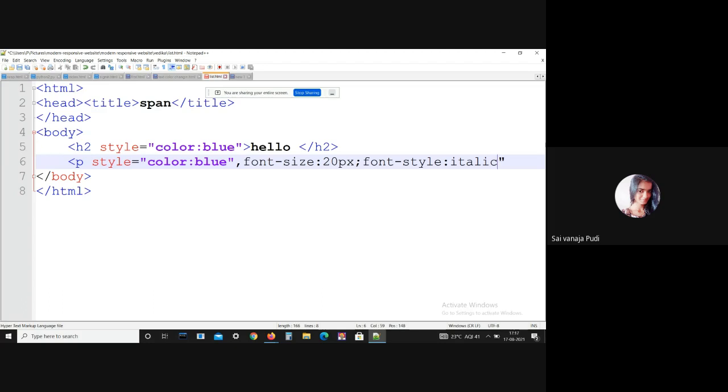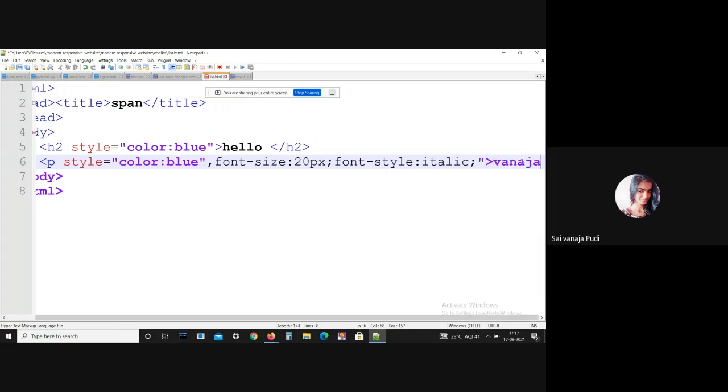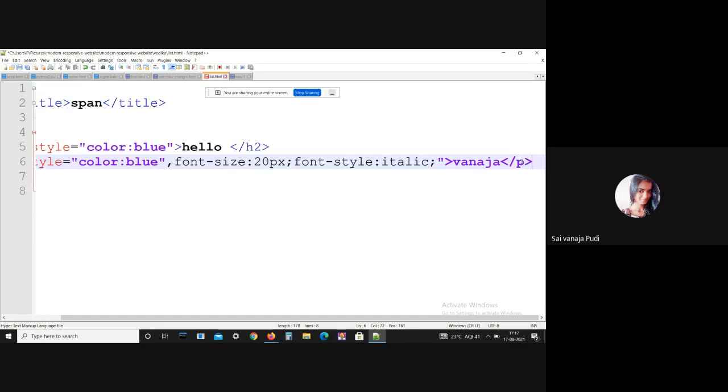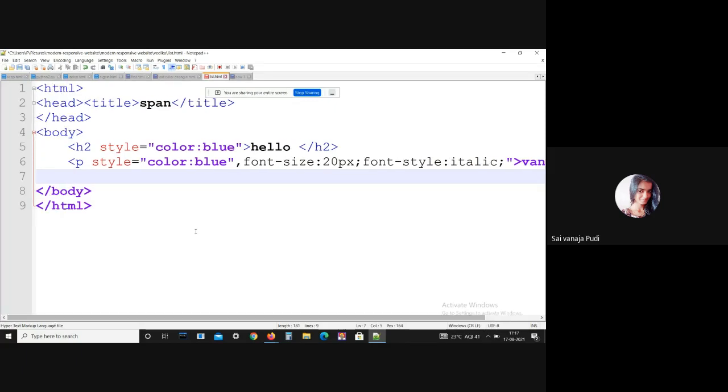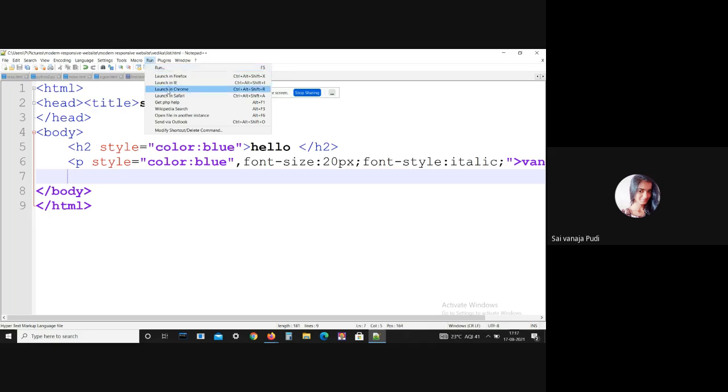Italic. Now after that you should write this paragraph tag. One second. After that you should close your paragraph tag. Okay then. Here I'm saving and just see.